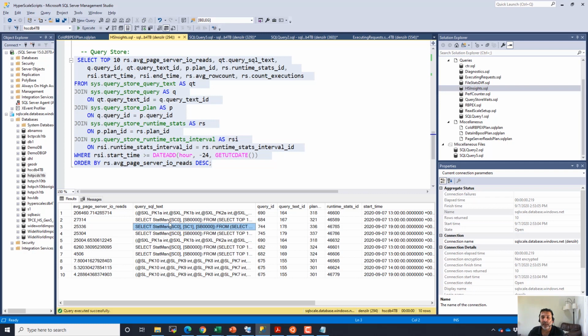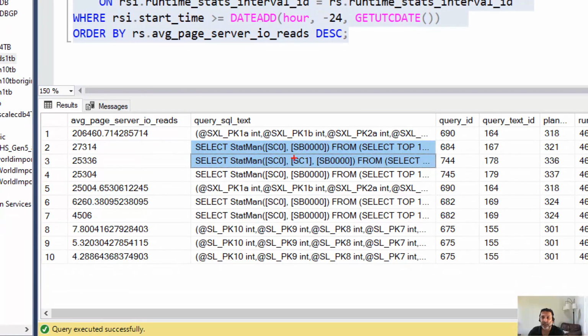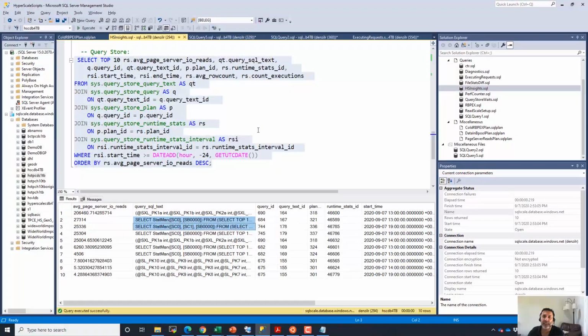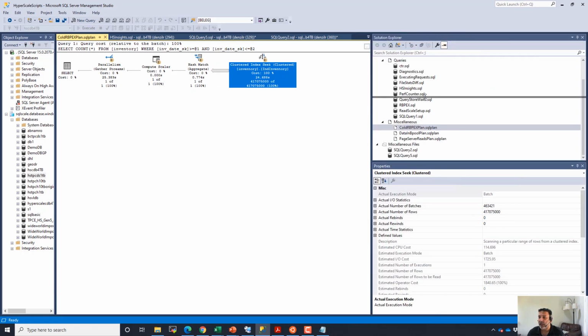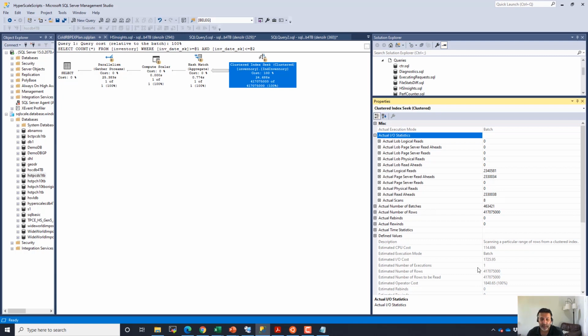Odd things like these update stats queries. You see the statman queries, update stats queries, so it was a scan, so it's not cached, in which case it can be kind of ignored. And then lastly, at the plan level, you see that the plan to in IO numbers has